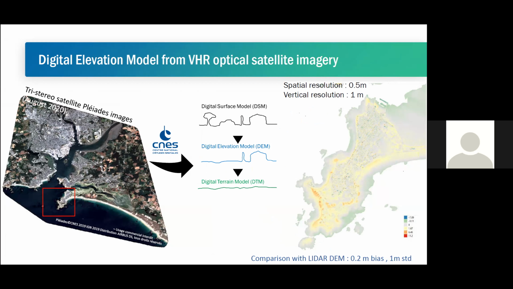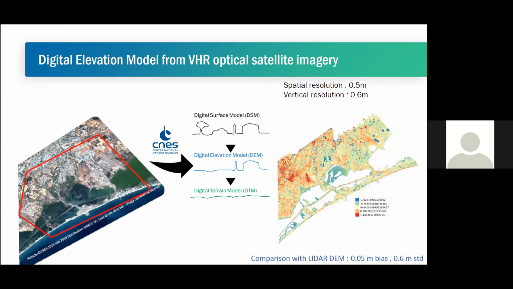That's why we selected these two territories for demonstration, in order to evaluate the capability of using satellite-derived digital elevation models. For the first area, which is on the Atlantic side, we get a bias of 20 centimeters,